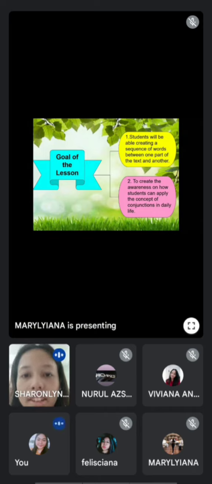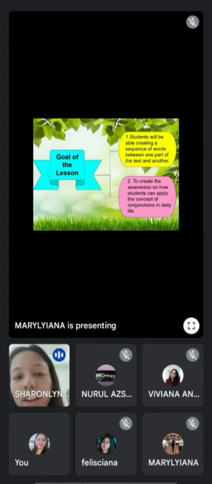This is our goal of the lesson. The second is to create awareness of how students can apply the concept of discourse markers in daily life. So we expect our students to acquire the knowledge and skill of discourse markers that they can apply in their daily life. Next I will pass to the next speaker,